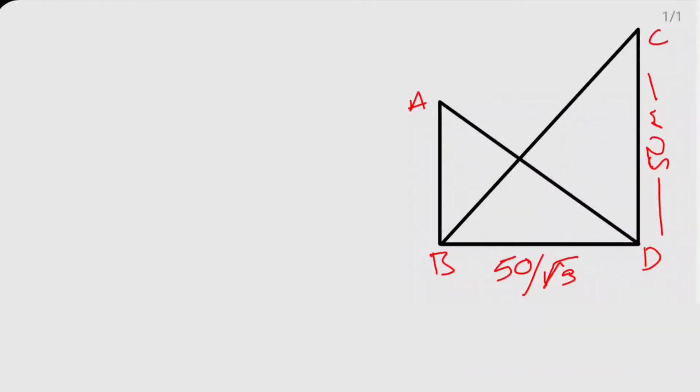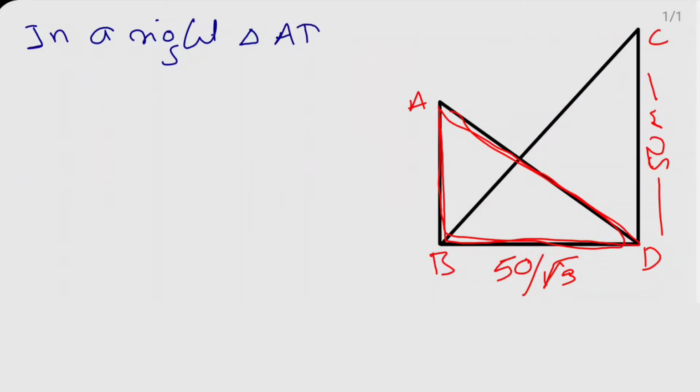And now I will consider triangle ABD. So write down here. In right triangle ADB, here we have BD. Using this BD, we want to find AB. AB is the height of the building. So when we consider 30 degrees, AB becomes the opposite and BD becomes the adjacent. And these two ratios we get in tan theta and cot theta. Here I will use tan theta.